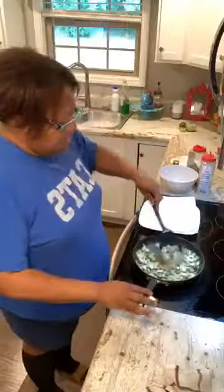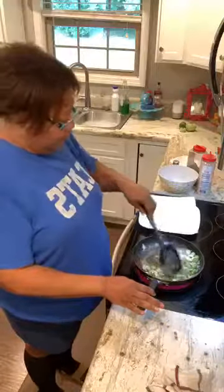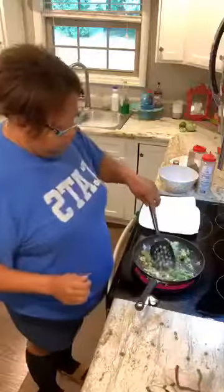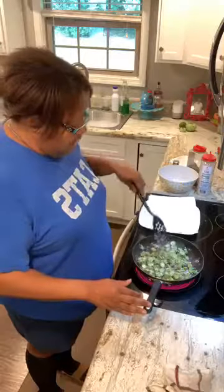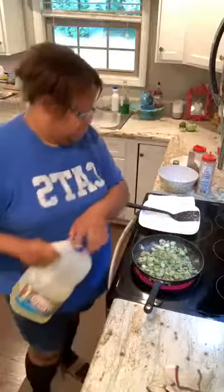So anyway, something I've been noticing about when I make this is that when it kind of starts smelling like popcorn, you're going in the right direction. And Maddie usually always says that. She usually always says, it smells like popcorn in here. And it does. And I don't think I put enough oil in here this time because it's usually a little bit more oil in here. But basically, all I'm going to do is just fry this till it starts getting, you know, as brown as...